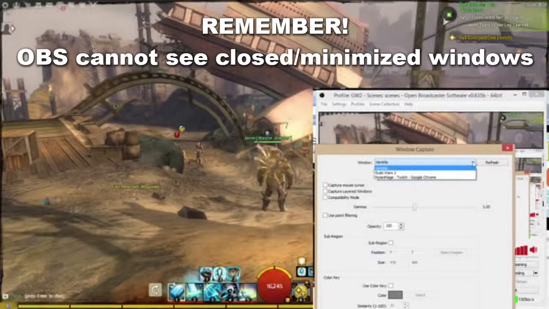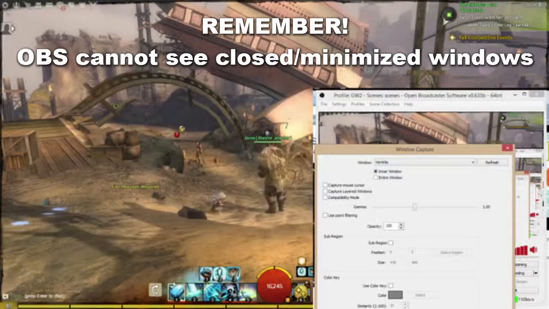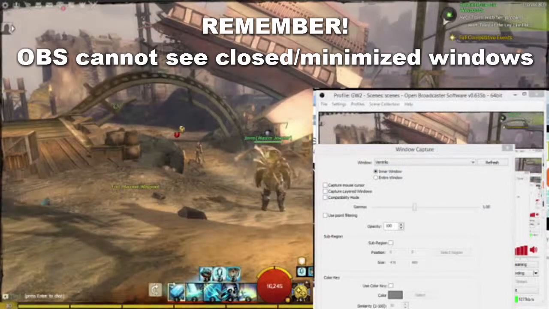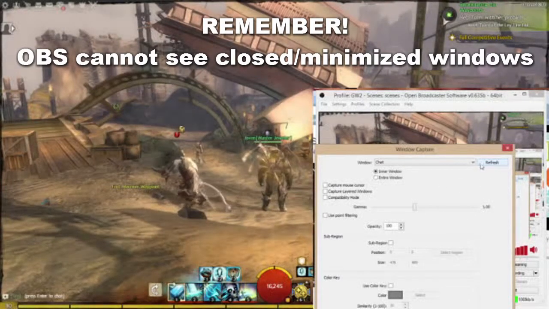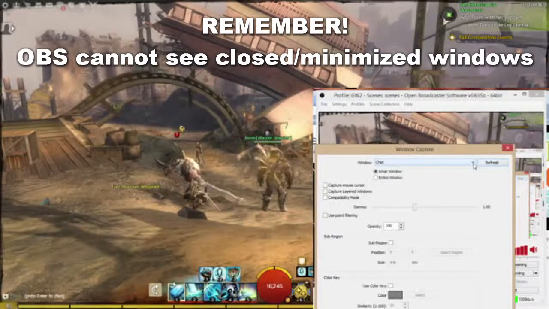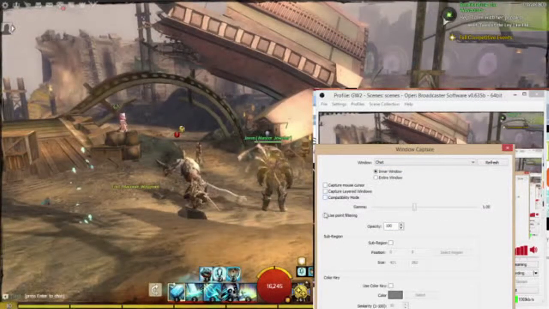Suppose you forgot to open the chat window. Remember, OBS can only see windows that are open and visible on your screen. So open the chat window from Ventrilo and click refresh so the chat shows up in the drop down box. Then you can click OK and then come back to OBS, activate the checkbox for Vent Chat, and you'll see it on your screen. For this simple chat window, I don't need any of the special features available in the